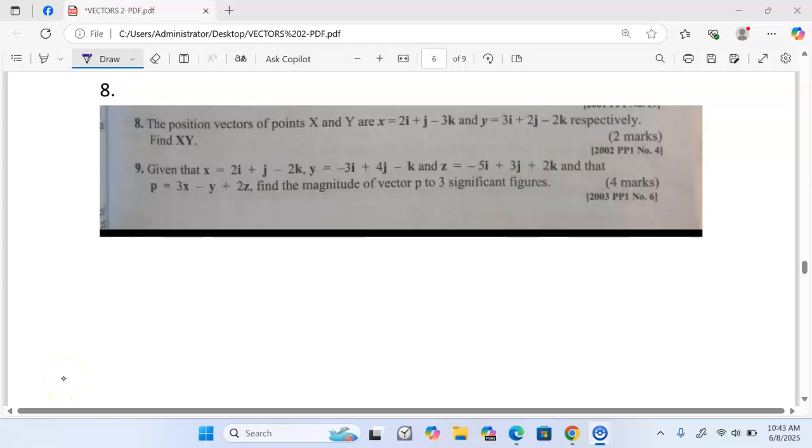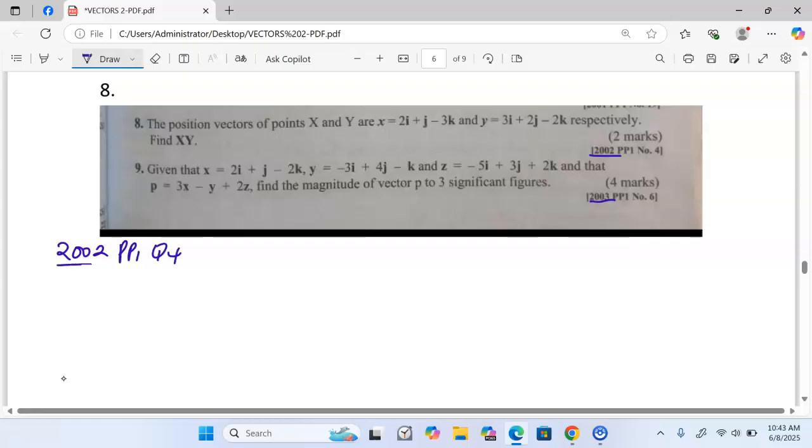We are still looking at vectors. We are presenting a question that was done in KCSE 2002 paper 1 question number 4, and another question that was done in KCSE 2003 paper 1 question number 16. We begin with the first one, which was done in KCSE 2002 paper 1